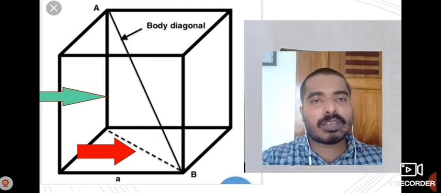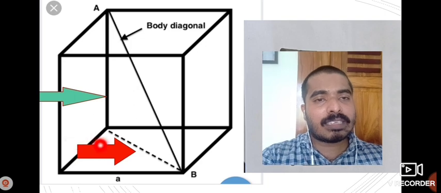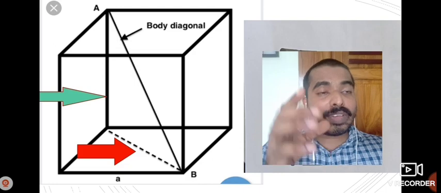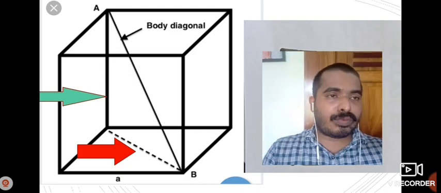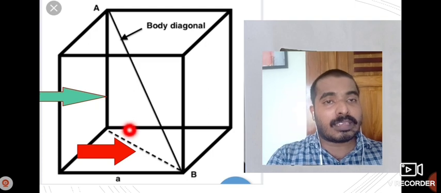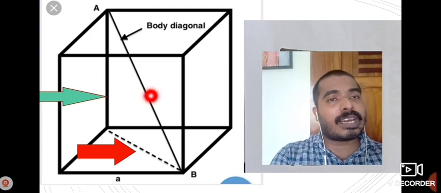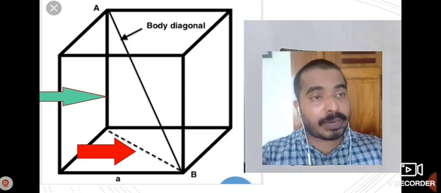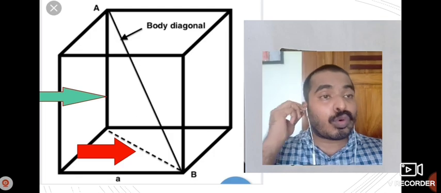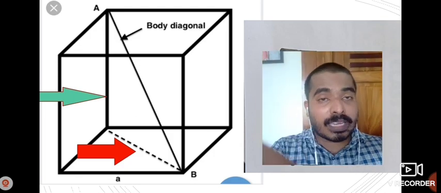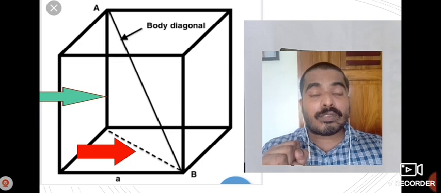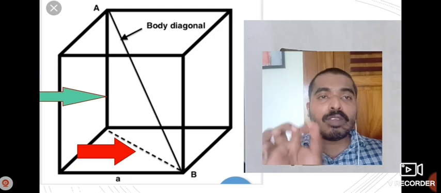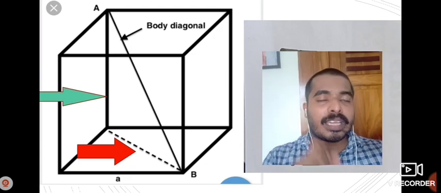Now listen, what I want to say is, edge length is a, this also is edge length a. So 1:1 is to root 2. Face diagonal is root 2 a. And this face diagonal, edge length and body diagonal again form a right angle triangle. So applying Pythagoras theorem, body diagonal will become root 3 a. Don't forget this, face diagonal will always be equal to root 2 a. Body diagonal will always be equal to root 3 a.